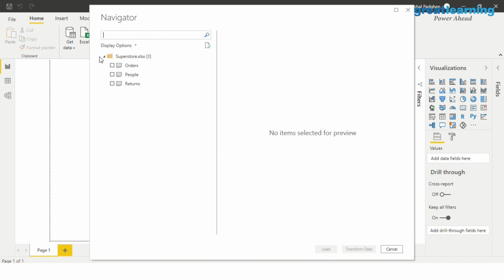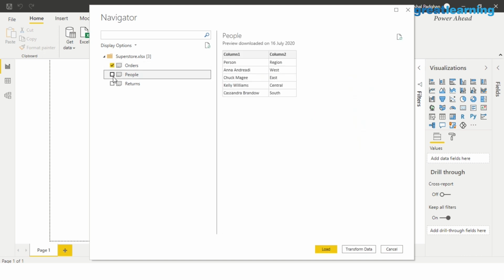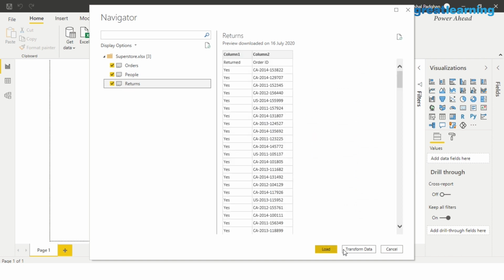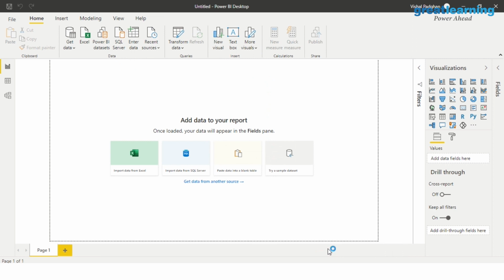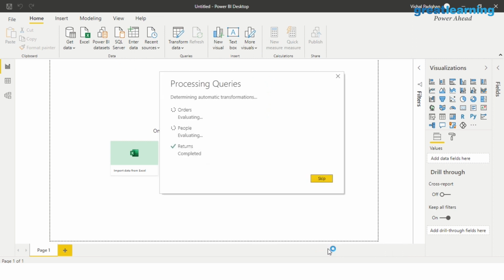So you see, the navigator understood that these are the different data sources that are there in the sheet that I just imported. I can just click on these things telling that, okay, import data from all these 3 files. And I'm going to say load. You can transform the data if you want, but you can do that later as well. We are not going to do that because this is a fairly edited sheet that we have with us.